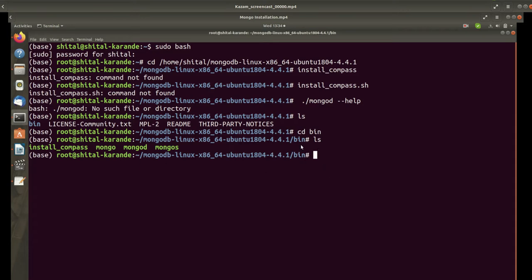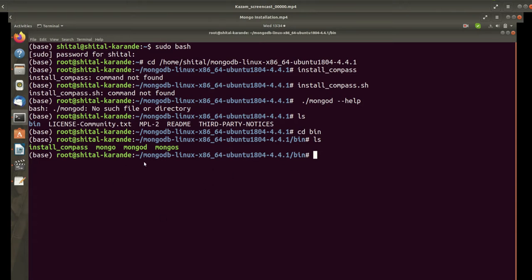This bin directory contains mongo, mongod and mongos. mongod is a daemon service that starts the Mongo server, and mongo is a client service that connects to this server. This is a client server architecture. First we always have to start the server, then my client can connect to the server.